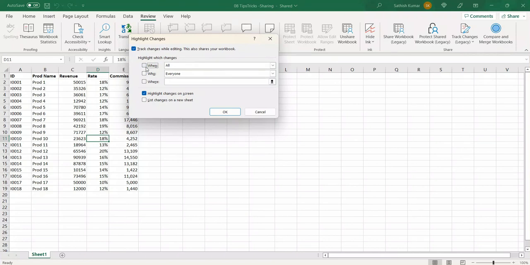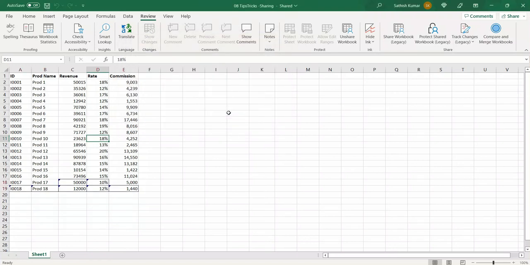I don't want to specify a particular area. I want to see everything. So I'm unchecking When, Who, and Where. Now say OK. Now on your screen, you can see an indicator appearing. When I place the cursor over the indicator, it gives the name of the person who made the changes, the time and date they made the changes, in which cell,